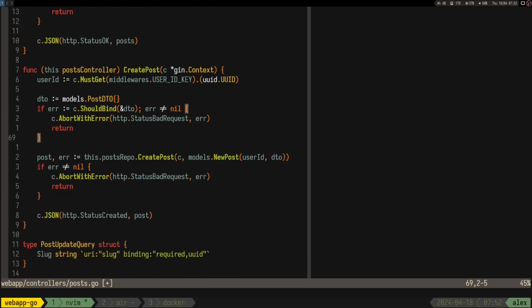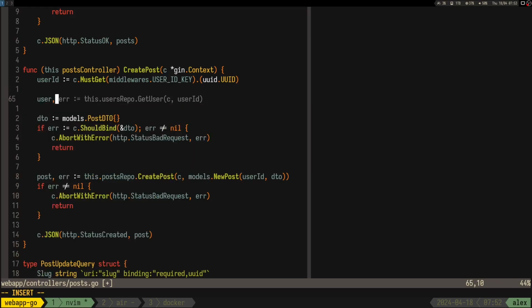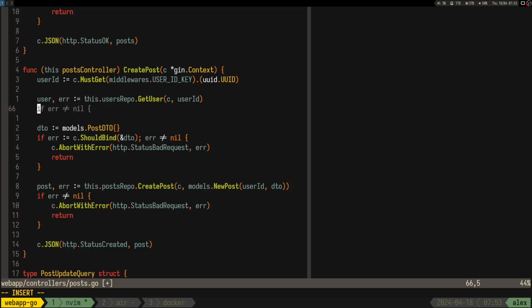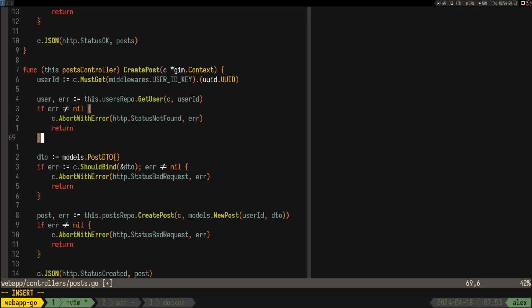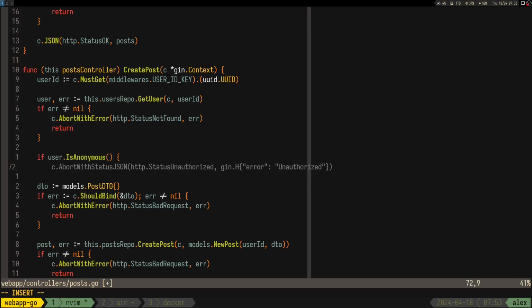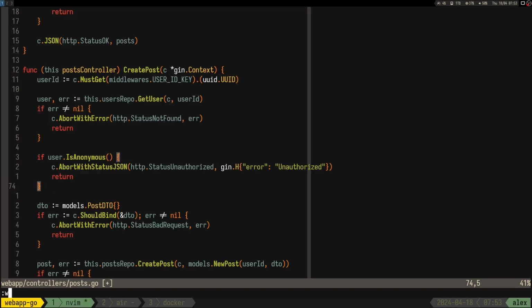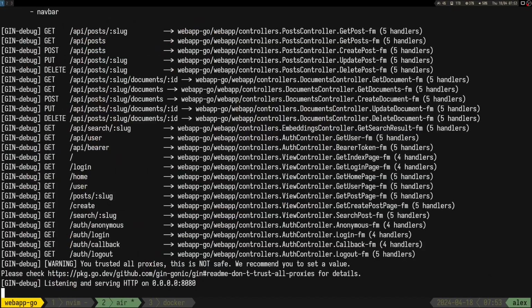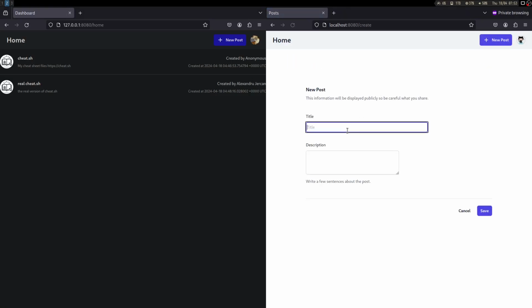Just because we want to do that check in create post. Sure, whatever. User and error, we try to get the user. If error is not null, then user not found. If user is anonymous, then you are unauthorized to create. Right, so this changed the logic. So now if we try to create a post,